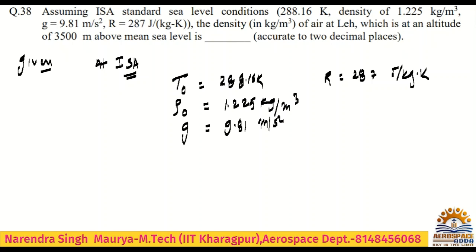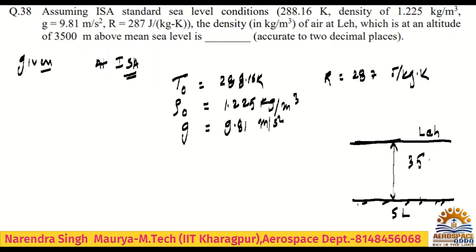So this question is, now what you have to do, see, this is basically the sea level here. Okay, this is the sea level, and this is another altitude, Leh. Okay, and it is at the altitude 3500 meter. Okay, so I must say at sea level, temperature will be T naught,